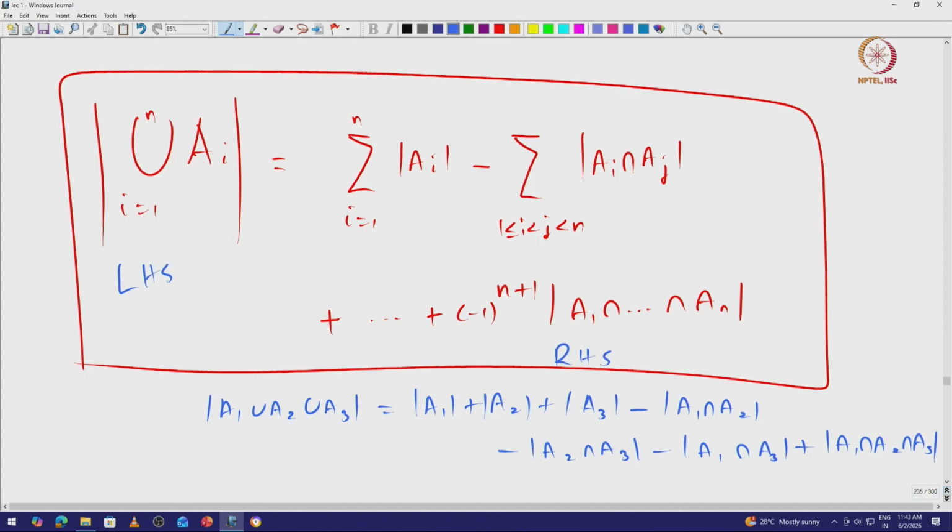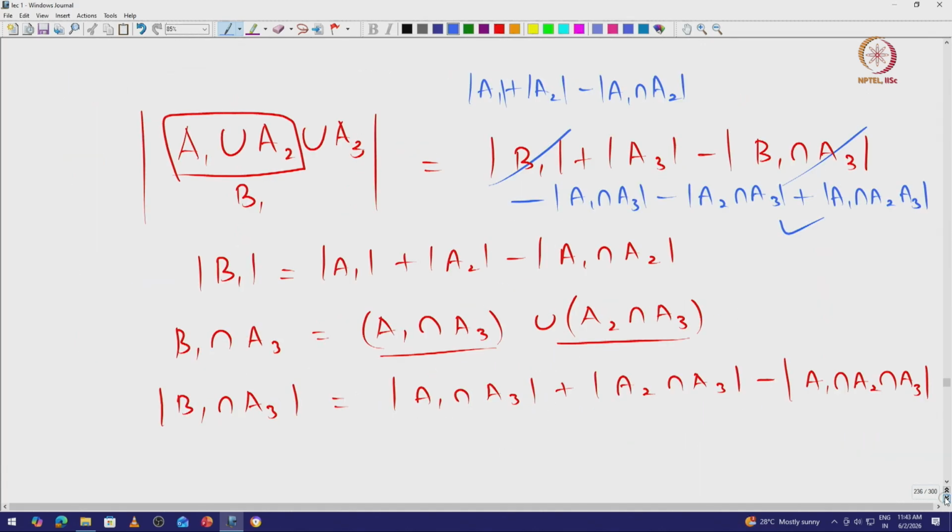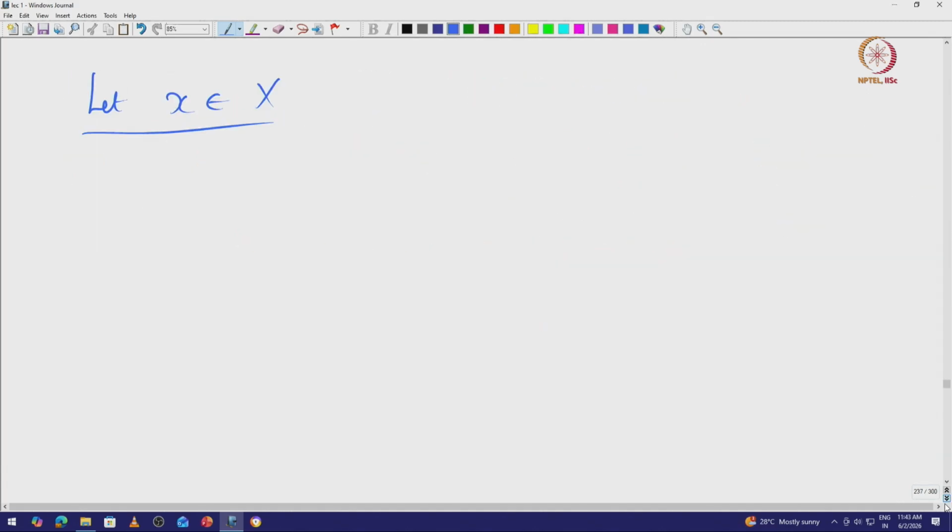So, if x is not in the union, then there is no contribution on the left side. Similarly, there is no contribution from the right side. So, we do not need to worry. We can actually assume that x is in the union of A_i, i ranging from 1 to n. Now, what we are going to say is that x actually belongs